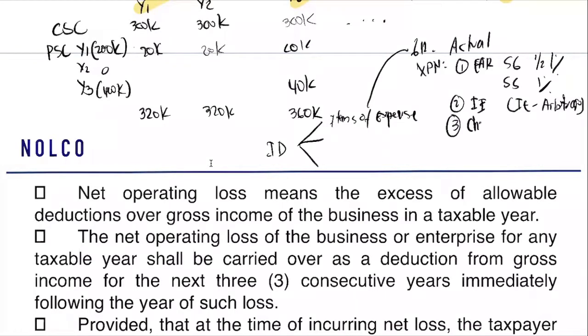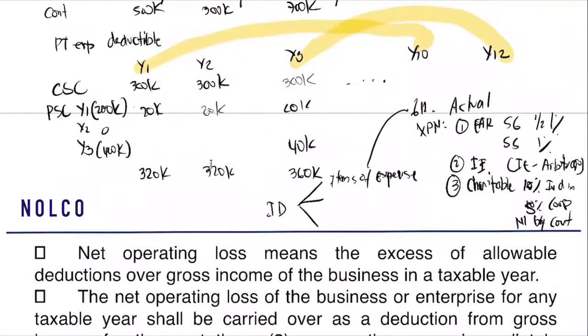And the third one, for your charitable contributions, we have 10% for individuals and 5% for corporation. This is based on net income before your contributions. All other types of expenses, you deduct on your actual. But take note, you also have certain amortizations here. So ingat kayo dyan sa amortization ng pension trust.